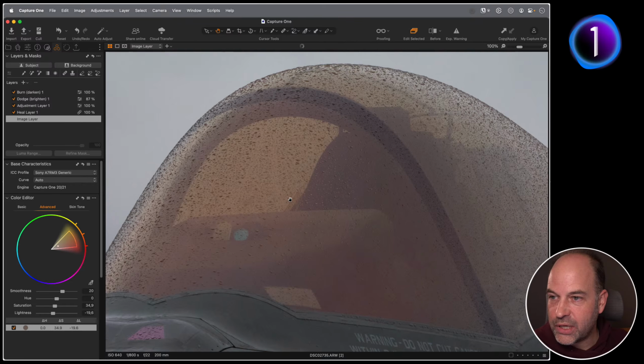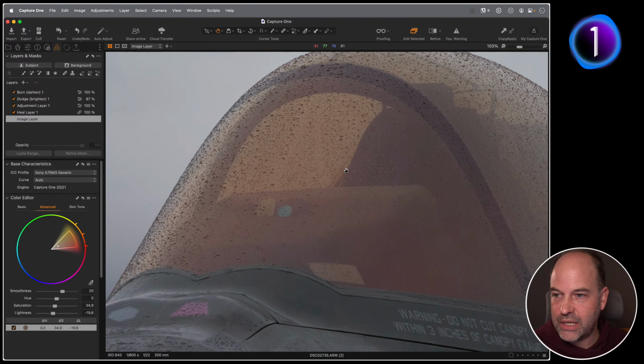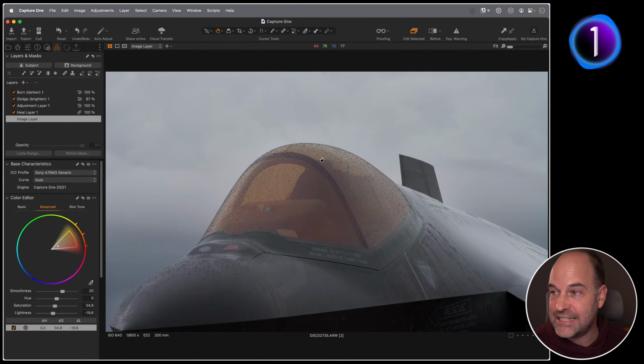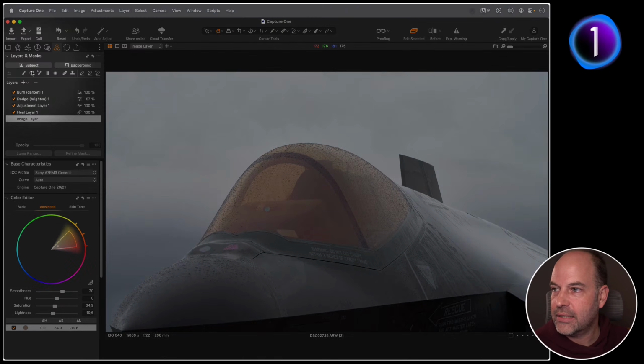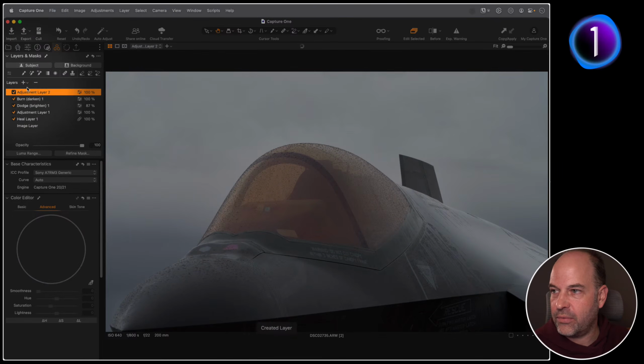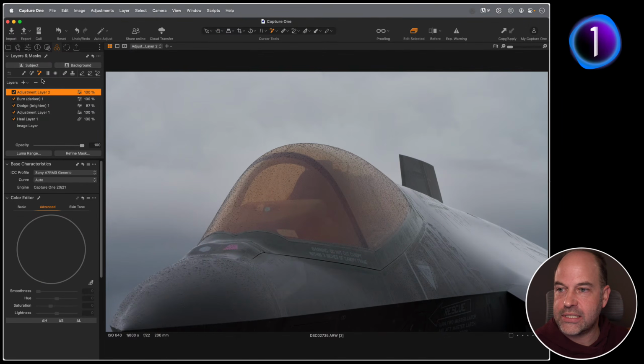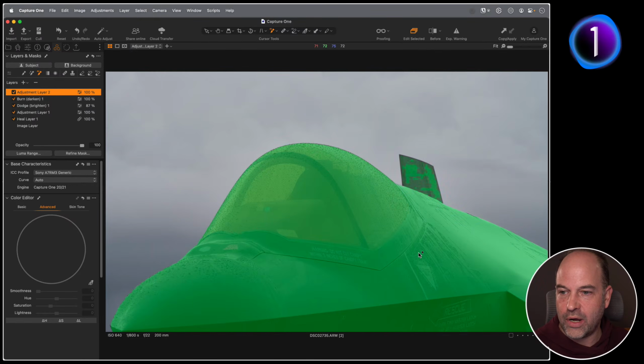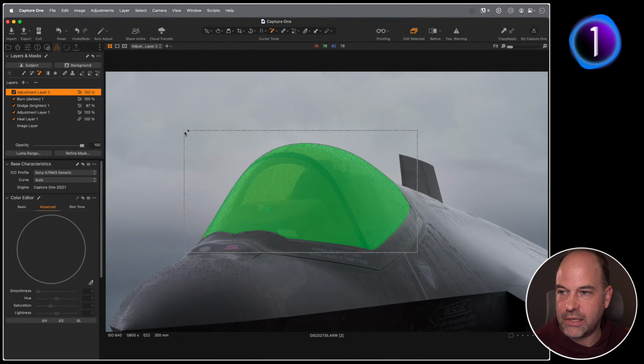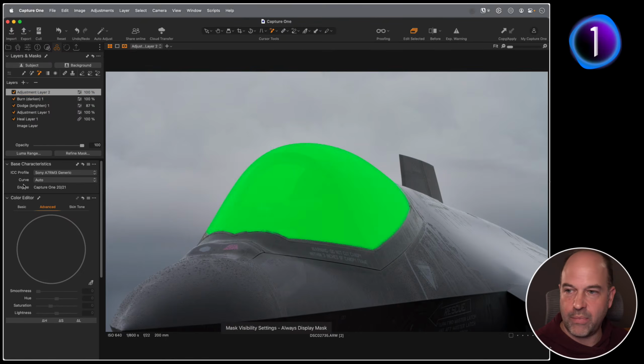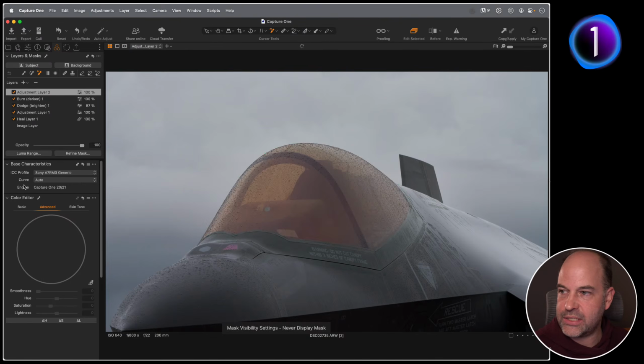What I could do, because of sharpness and this is a little bit hazy, let's try it. Let's throw in one final layer, grab my AI select brush, hover over the canopy itself, so I can either find a spot where the AI model picks all of it up, or I can draw a box around it like so, and then that will give me a nice mask just on the canopy itself.